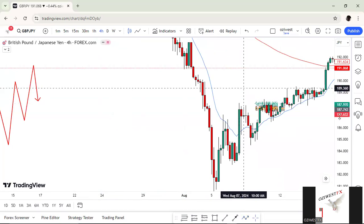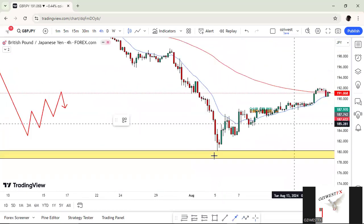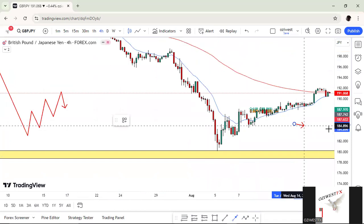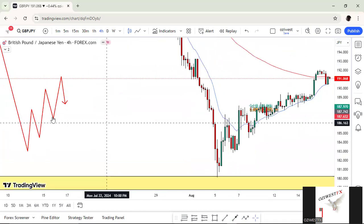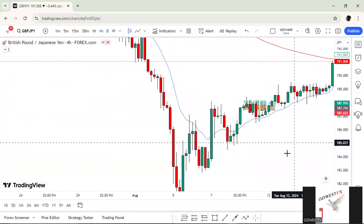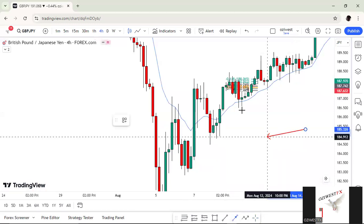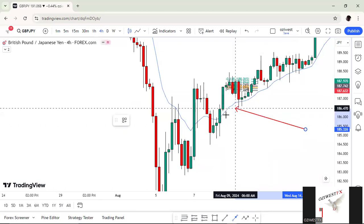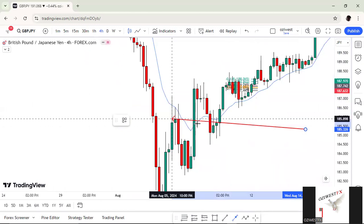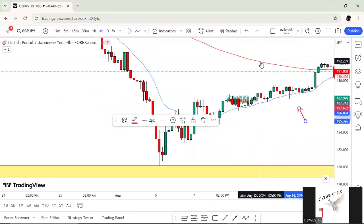So on seeing all of that, knowing that price has broken structure to the upside, price approached this daily level of support, started to trend upwards, and I started looking for buys. In this case, if you look closely, you also notice that on that lower high there, price gave these rejections on touching this moving average. I also like looking at these moving averages, which are the 50. This red one is the 50